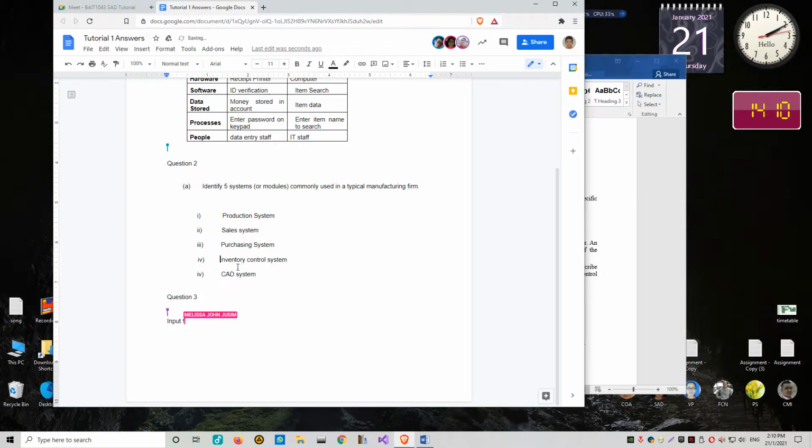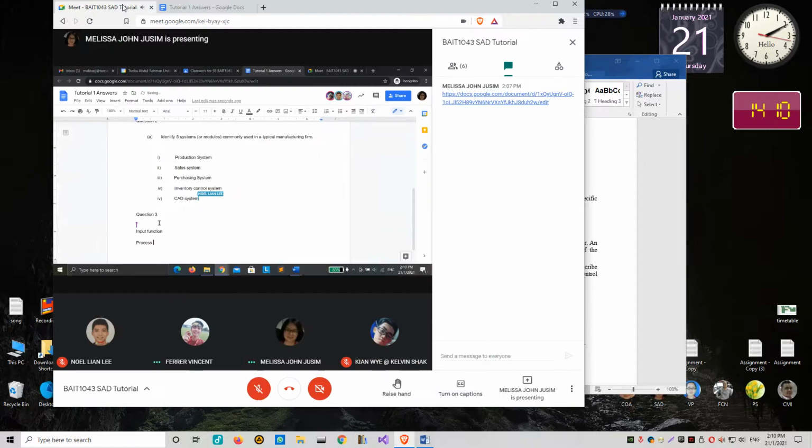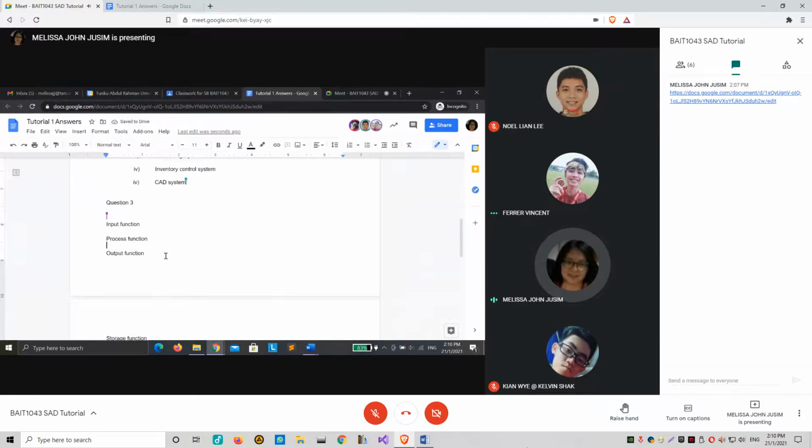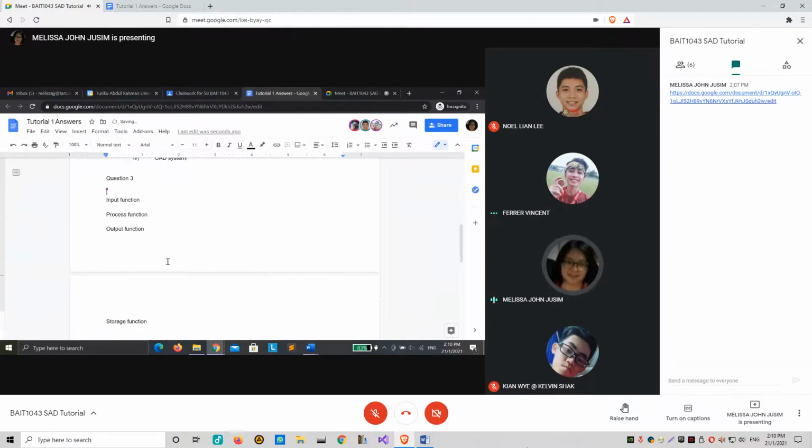Input function, and then process function, and then what else? Output function and storage function. Normally, the question will not ask you to explain what the 4 functions are, but they will ask you to give examples.